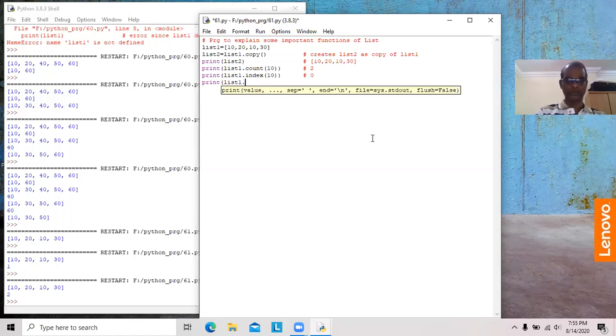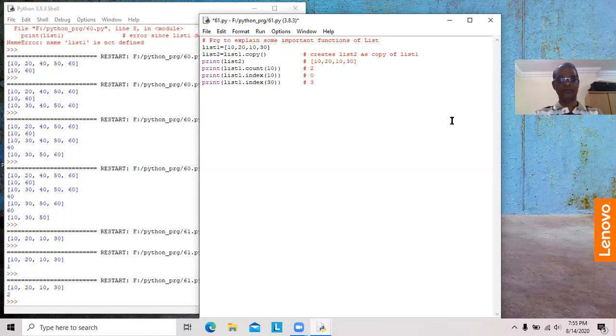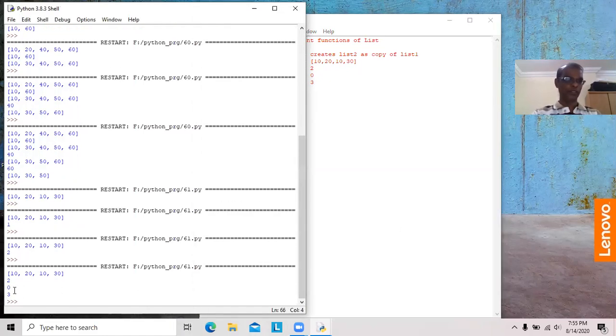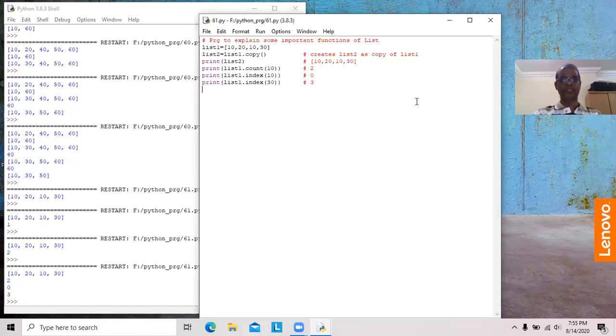List 1 dot index of 30. 30 is available at 0, 1, 2, 3. It gives 3.